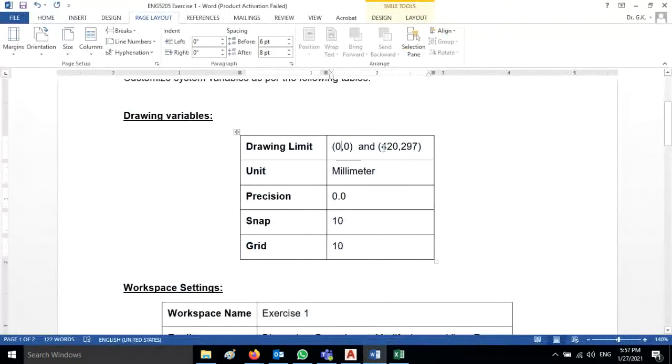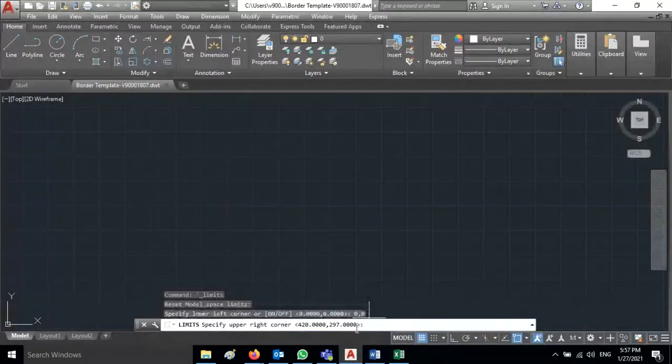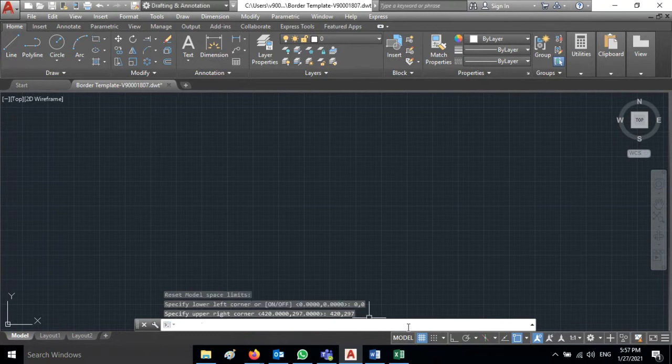What is the size here? 420,297. Just type that, or copy paste. Now the limit is already set for our drawing sheet.